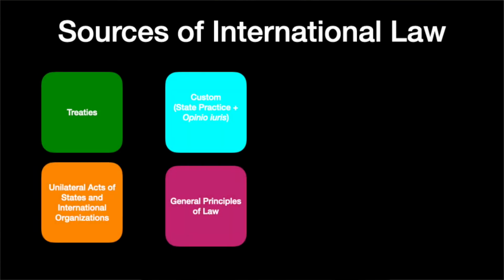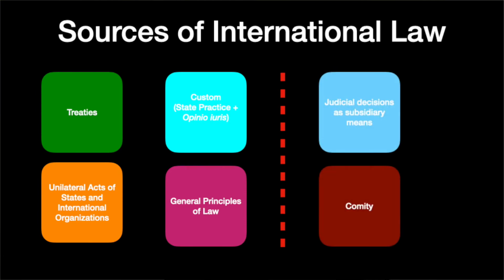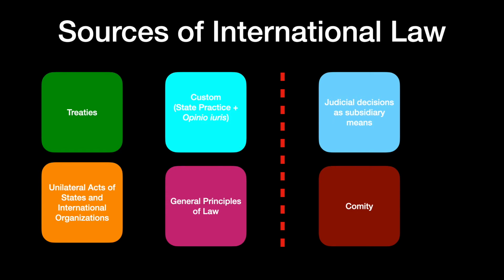to international economic law. So first you have the traditional primary sources: treaties, custom, general principles of law, and the unilateral acts of states and international organizations. Then you have subsidiary sources such as judicial opinions and so-called rules of courtesy between nations, or comity. I left out the writings of publicists. Instead, please note the relevance of judicial decisions